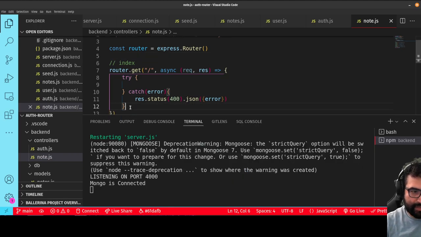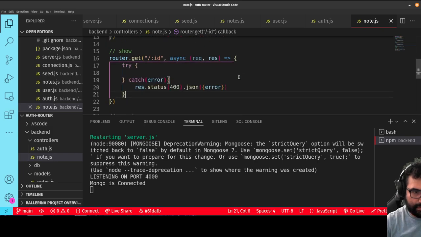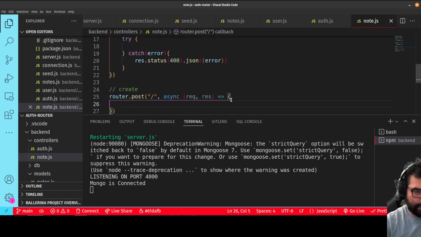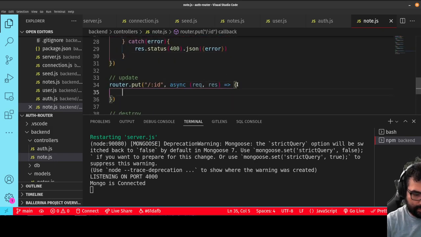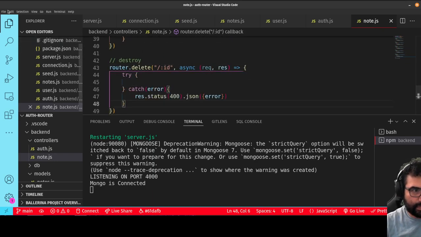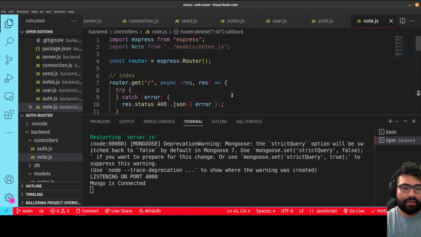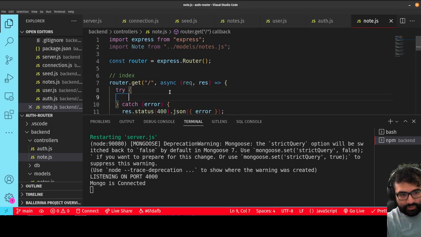Okay, and then we just copy that try catch block into each of these. Okay, and then hit save, so it cleans up the spacing. Perfect. Okay, so in the first one, what we want to try to do is get all notes from that